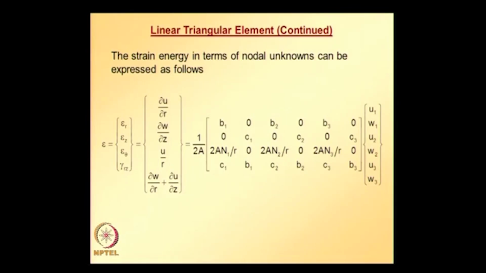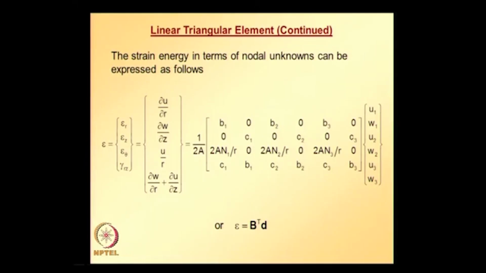Only quantity which is variable is epsilon theta, which is a function of r as shown in the last part of the equation. So, this relation can be compactly written as epsilon is equal to B transpose d, and